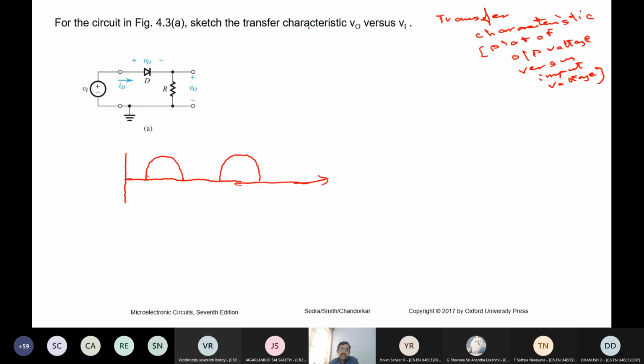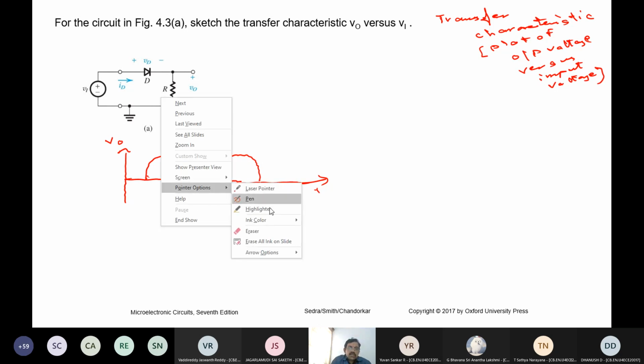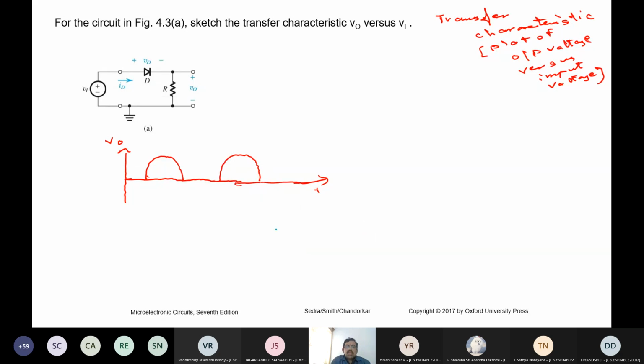My aim is to plot the transfer characteristics output. There is an output value V0, okay, and this is measured with respect to the time. But the input signal, if I overlay the input signal, my input signal will be like this. So I will draw my input signal, overlaying the input signal on the output. So this is with the time. Okay. So don't forget that.